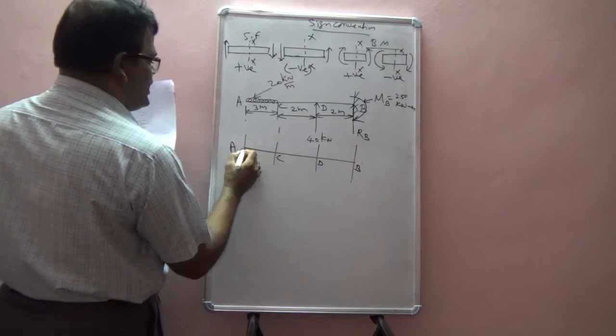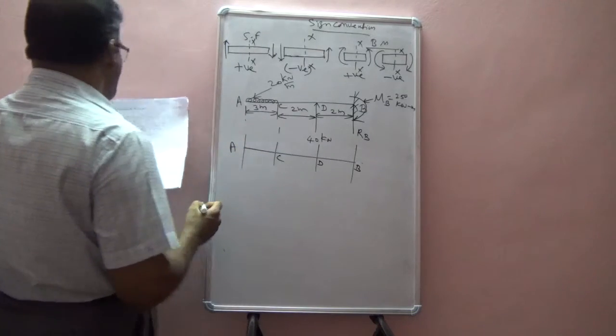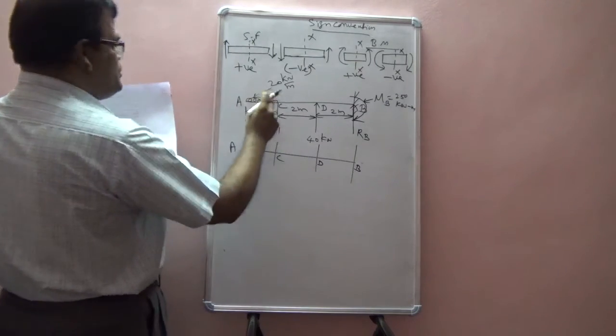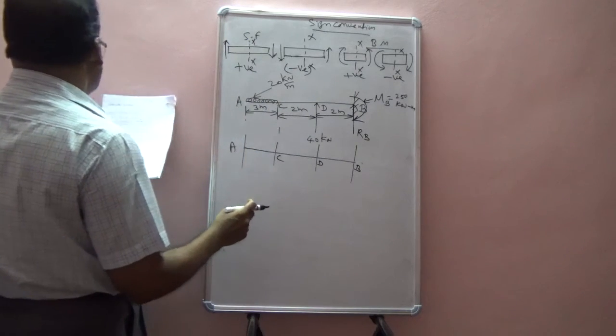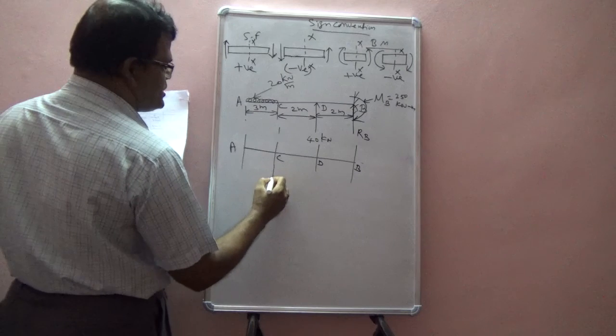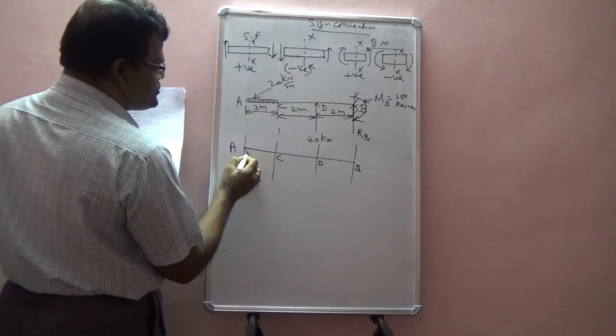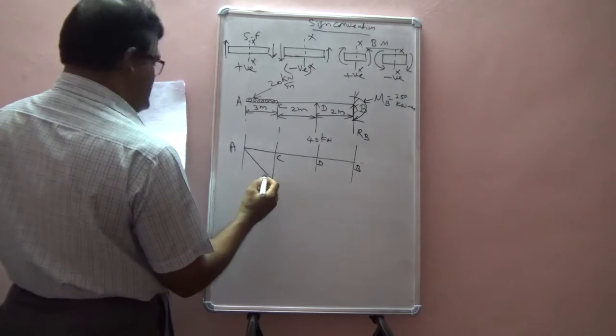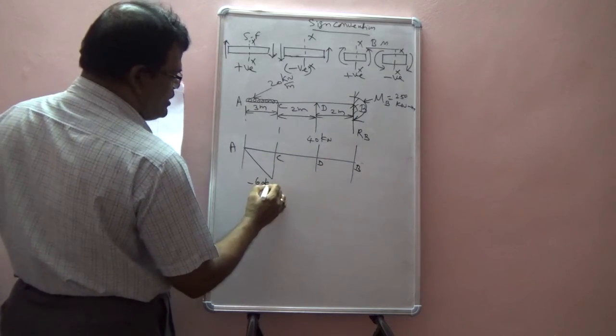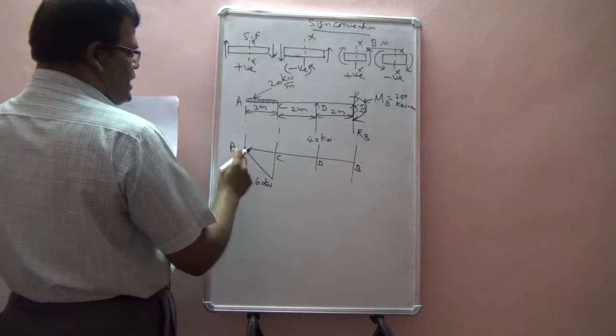So it is 0. Okay, shear force at A is 0, and it is following a straight line because of the uniformly distributed load. The left side of C is minus 60 kilonewton, and it is following a straight line equation. Therefore, it is minus 60 kilonewton. Okay, please check the value.